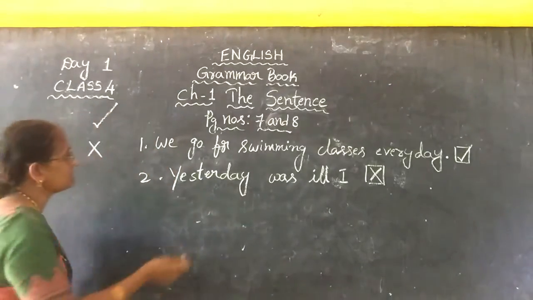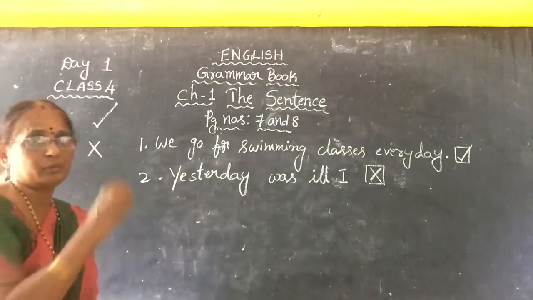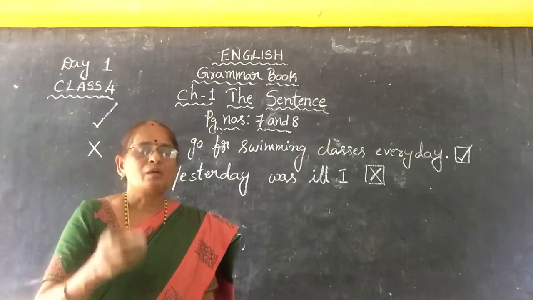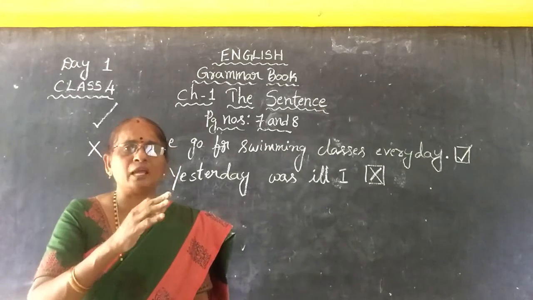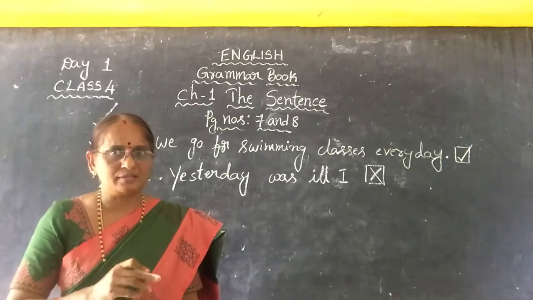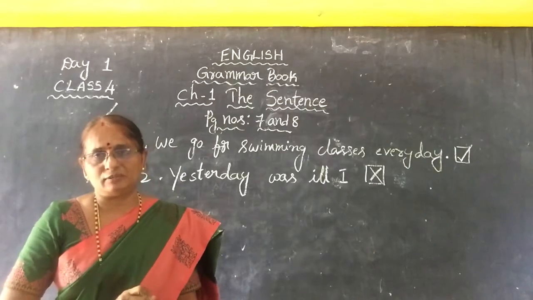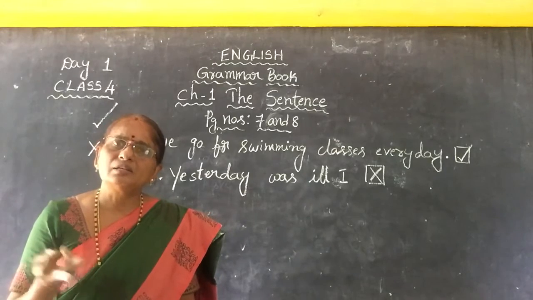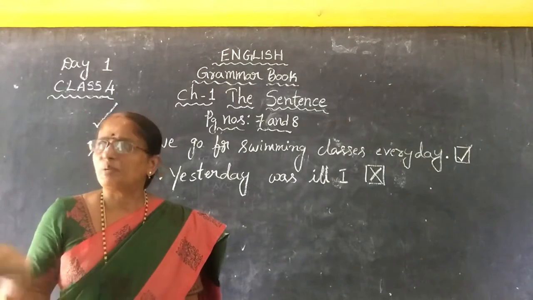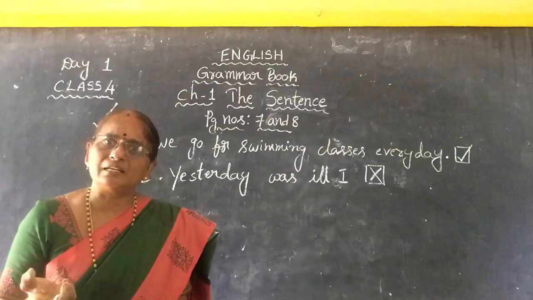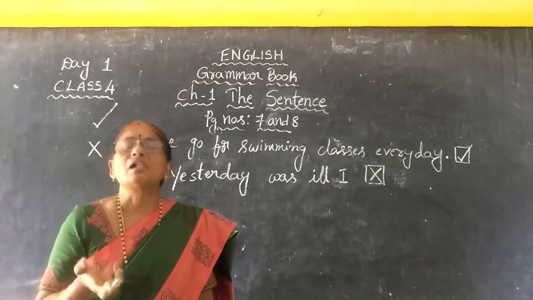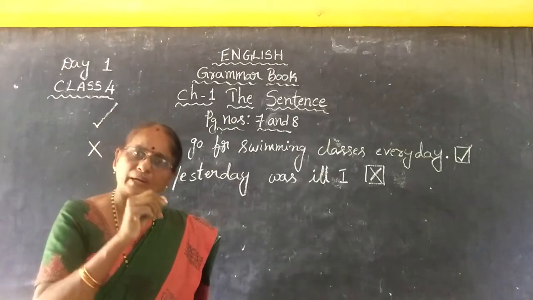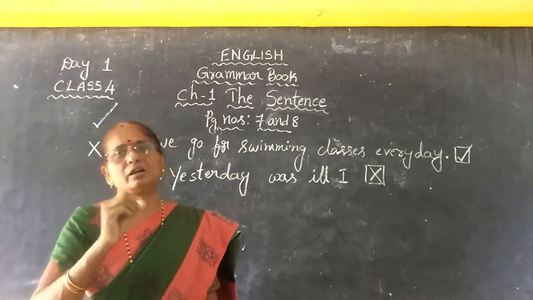You know, noun was divided in the previous class, I explained proper noun and common noun. What is the difference between common noun and proper noun? Proper noun means it has a specific name of a person or a place or an animal or a thing, children. Common noun: boys. What are the names of the boys? Girl. What is the name of the girl? Place. What is the name of the place? City. What is the name of the city? State. What is the name of the state? Isn't it? So all these are called common nouns. If we have the separate specific name, that is called a proper noun.